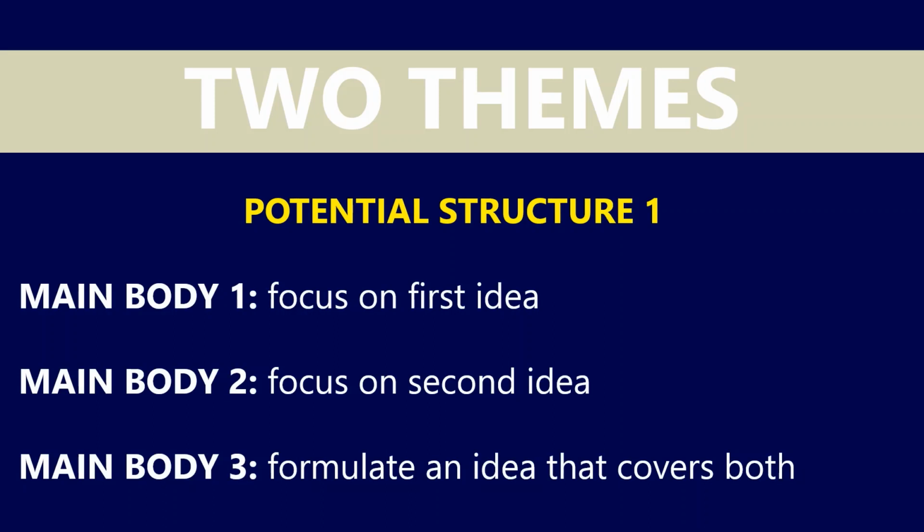All right, there are a couple of potential structures you could use here. And again, this stems from our conversation with that VCAA examiner last week who suggested that a lot of students got stuck with this. So for that victimization and blame one, the potential structure could be the first main body paragraph focuses on an idea surrounding victimization, and the second main body paragraph could focus on a second idea about blame, and then formulate an idea in your third main body paragraph that covers both victimization and blame. Again, the assessor was pretty clear in saying that so many students paired both of them together in every single paragraph, and it didn't quite work, and it was quite an ineffective way to go about it.